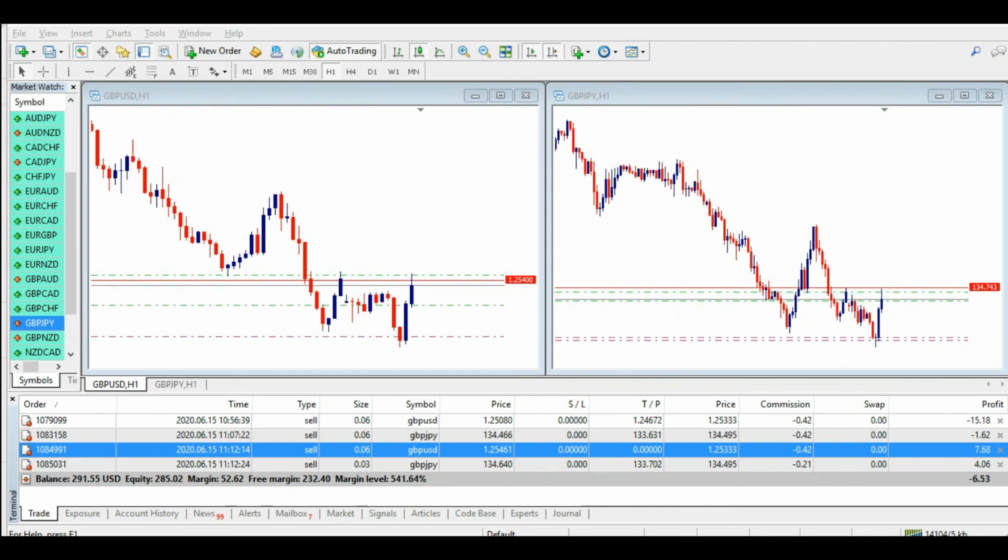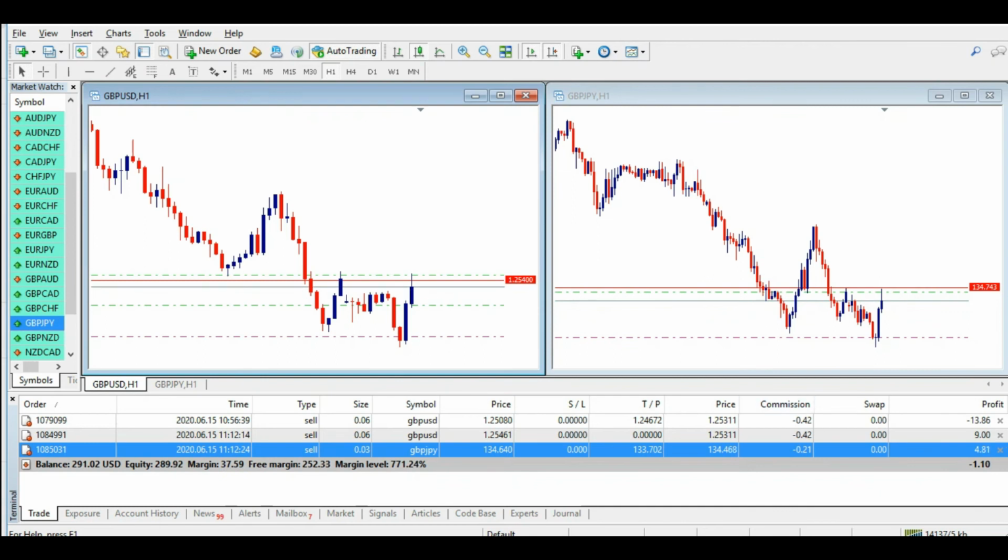Welcome back. As you can see, price has just now reached break even on this point. So what I will do, I will simply close this first EUR JPY trade, which is in loss right now. Once the price goes to break even, I will close this trade at break even. So I have just closed one trade and till now my two trades are running.